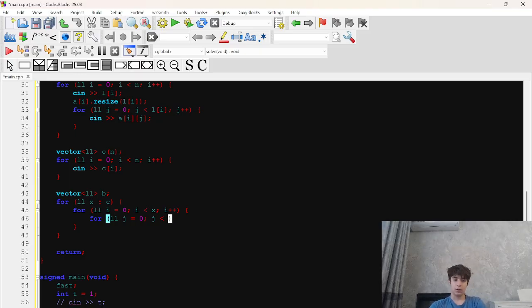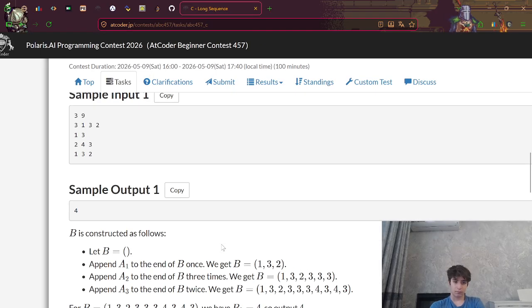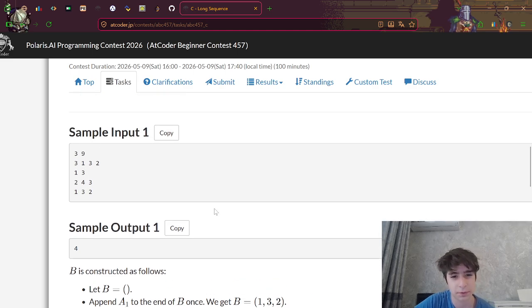Okay, wait a minute. Nope. Mainly we go like this, yep. 1 2 3, yep. So then it's going to be easy to solve, like there's some greedy algorithm.